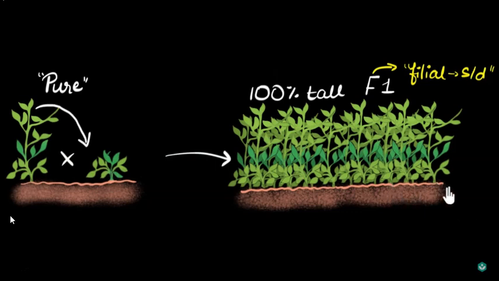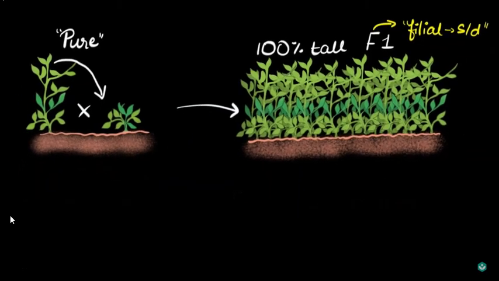But yeah, Mendel was shocked by this. So he didn't stop over here. He started asking questions. One of the main questions he was asking is, are these tall plants the same as the parent tall plant? They look the same because they have the same height, but are they really the same? Is this also a pure tall plant? That's the question he started asking. And to answer that question, you know what he did? He did another experiment. He didn't stop over here. What he does next